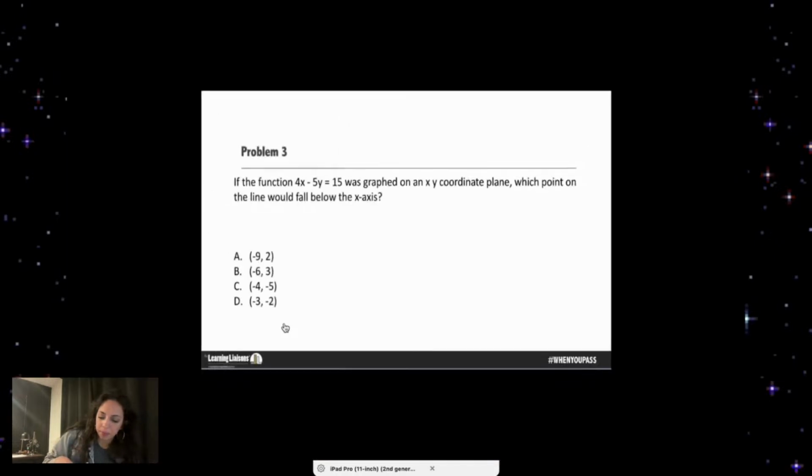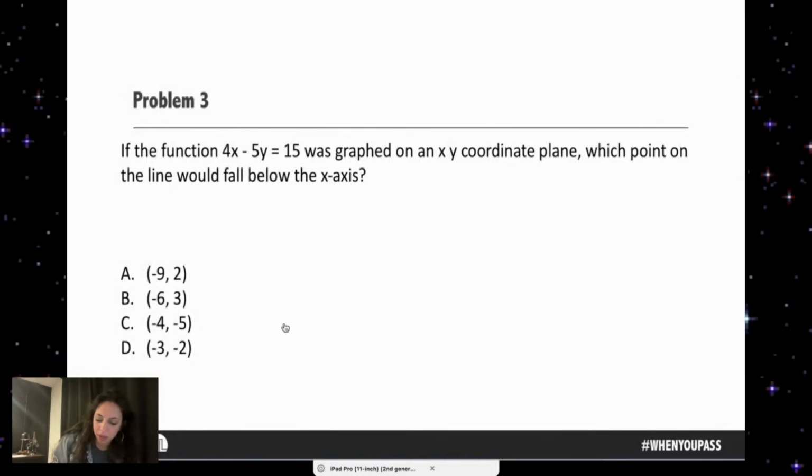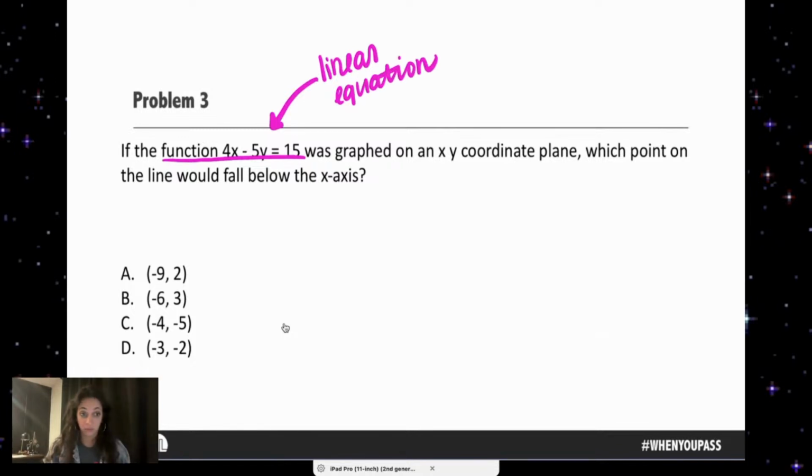This says if the function blah, blah, blah, and I lost some of you already. Now, this is not a K through 6 problem. This is not a pre-K through 3 problem. However, my GK people and on, you got to know it. So if this function was graphed, blah, blah, blah, coordinate plane, I lost some of you. Don't get tricked by that. This is a linear equation. That's it.